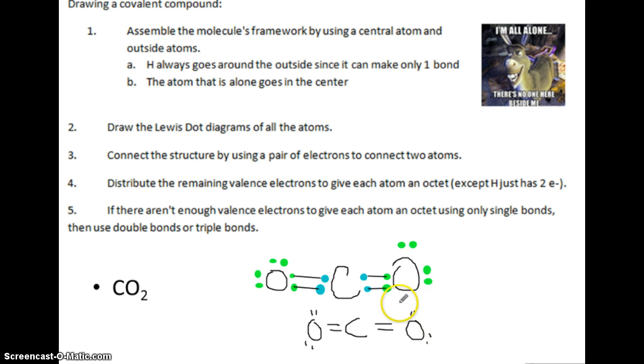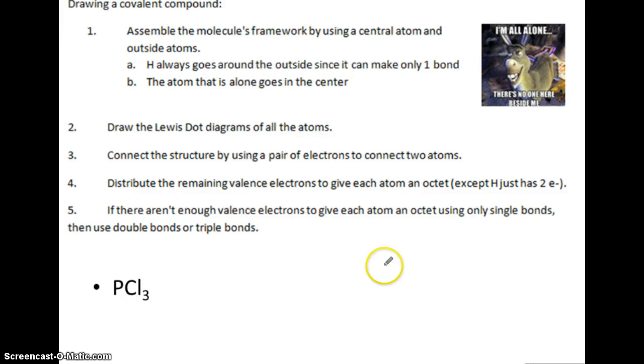Sometimes in chemistry books you won't see the electron pairs because they assume that you know they're there. However, for this class, you need to draw all the electron pairs. You need to draw all the electrons, whether in bonds or as pairs or by themselves, so that I know they are there. All right,